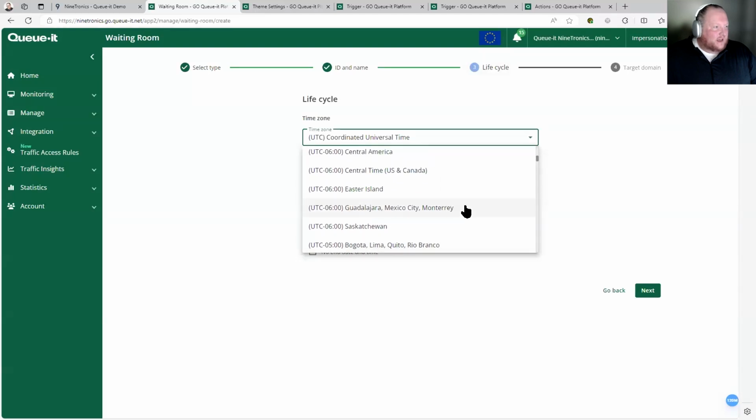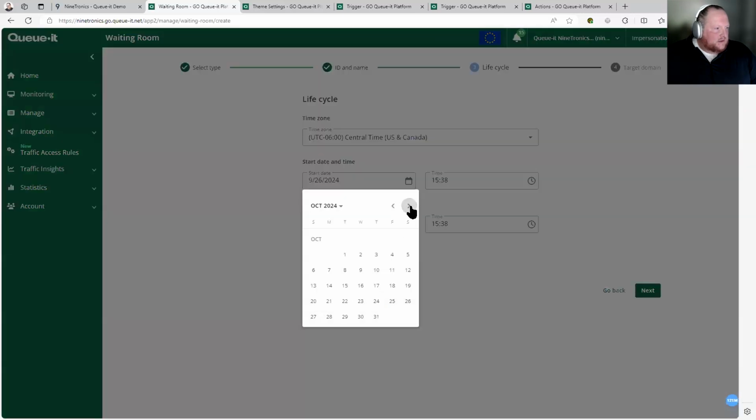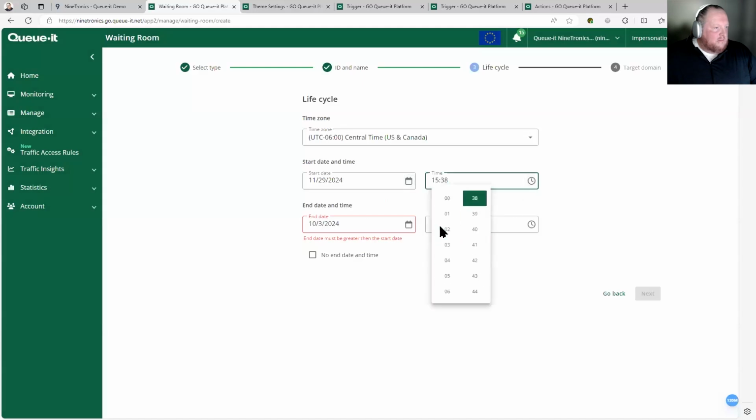So I'm in Central Time, Minneapolis, that was Wisconsin. And I'm going to change this start time to November 29th at midnight. Now, when creating the start time, this will be the queue phase start time. As we see when we get to the life cycle tab, the actual waiting room settings and the summary, every new scheduled waiting room is created with a default 60-minute pre-queue. Now, again, we'll change that when we get into the settings, but this is for the queue phase start